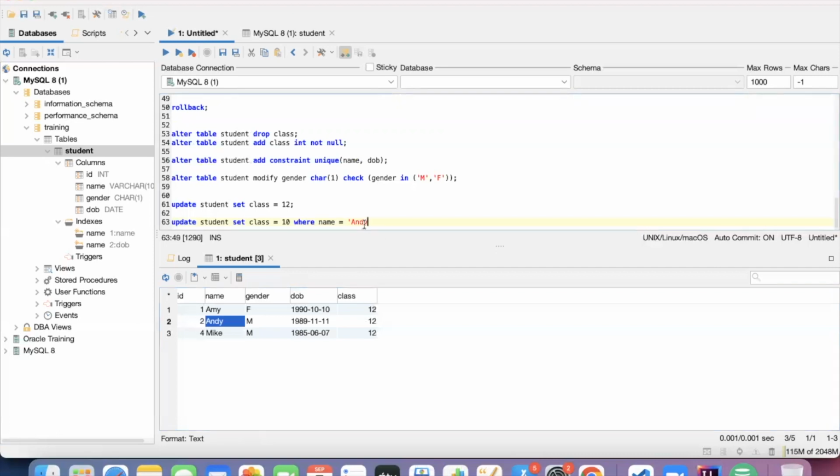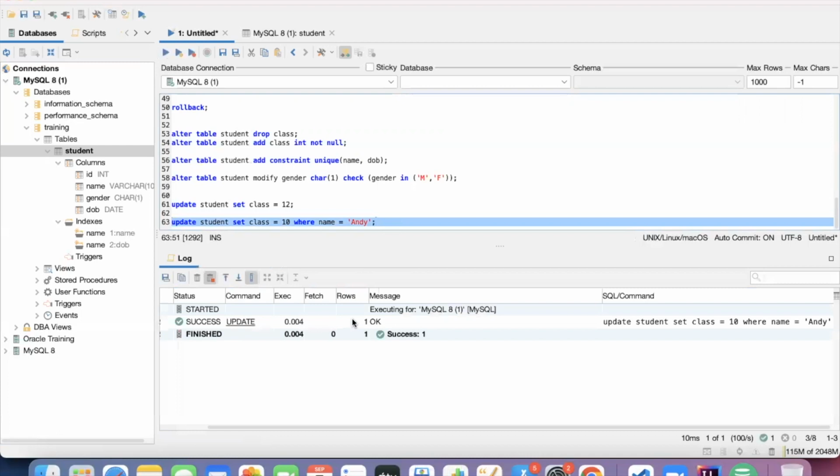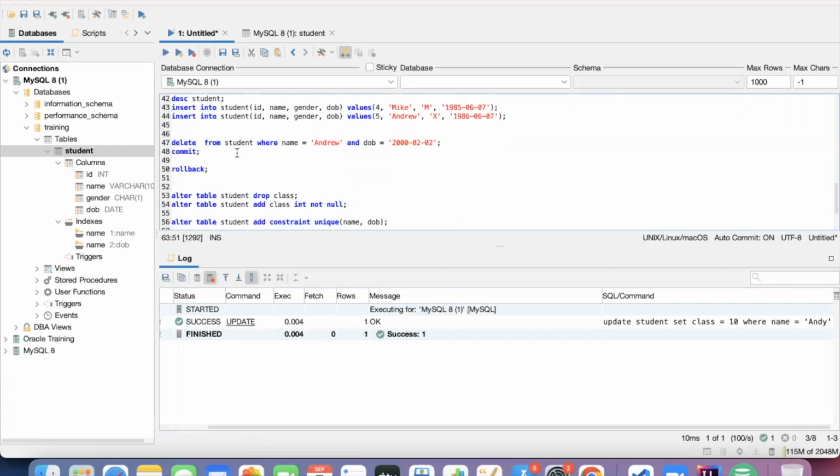This gives you a particular row set, which means wherever name is Andy, for all those rows, actually the class will be updated to 10. Right now, actually we have only one Andy, so it will update that one. So if you go back here,